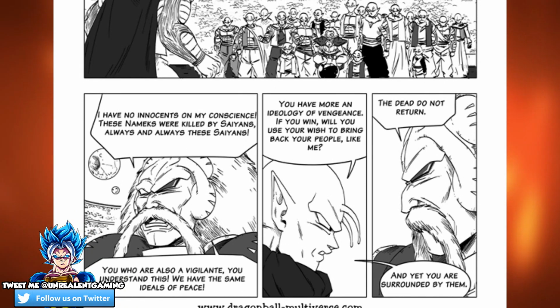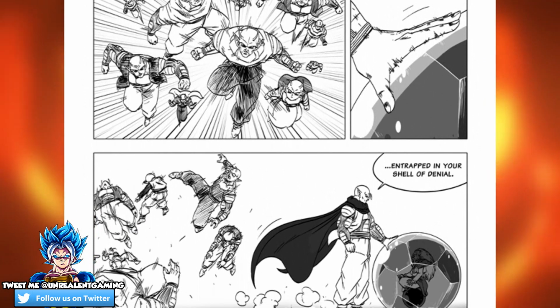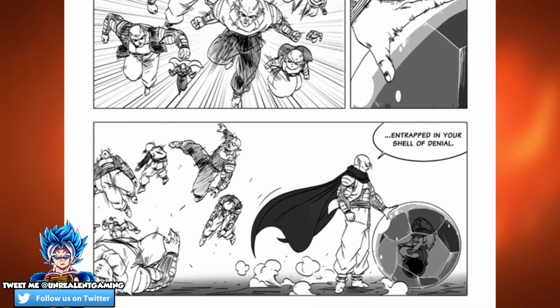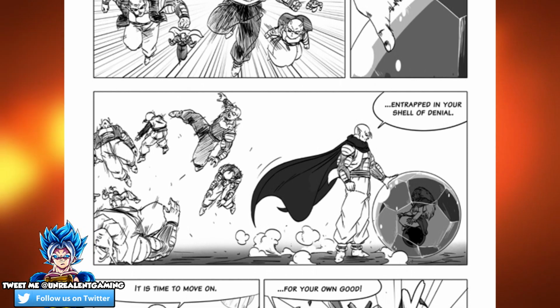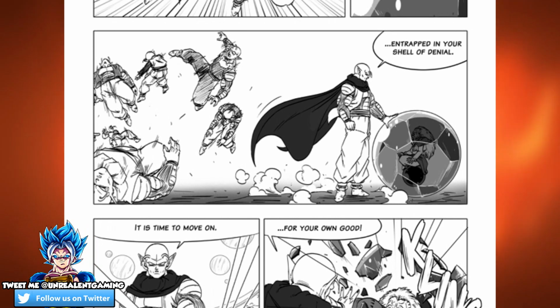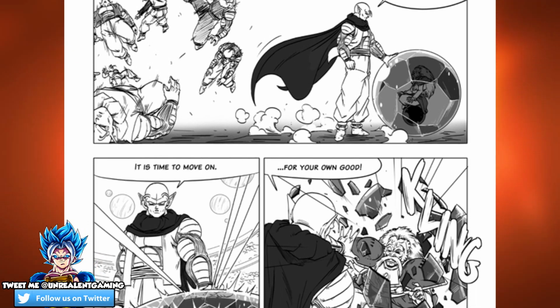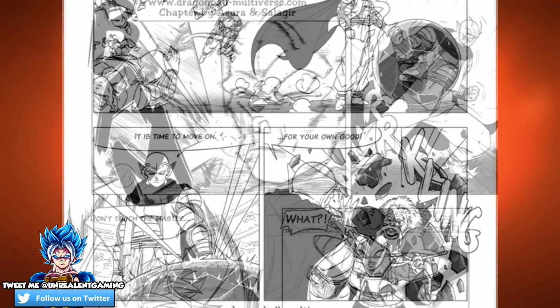As he uses his abilities to use these Namix against Gast, Gast zooms right by them as Gast goes on to tell Raichi, "You live in the past, entrapped in your own shell of denial." As he breaks through the shell, Gast goes on by telling Raichi, "It's time you move on, for your own good." As he shatters the dome,